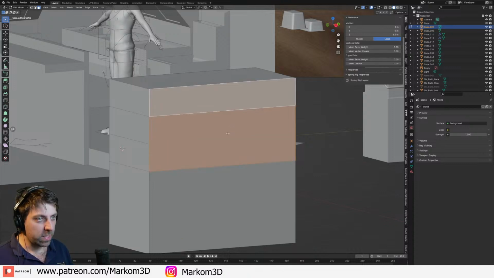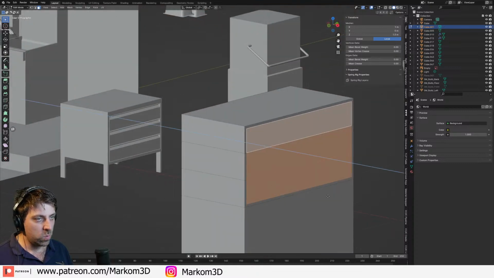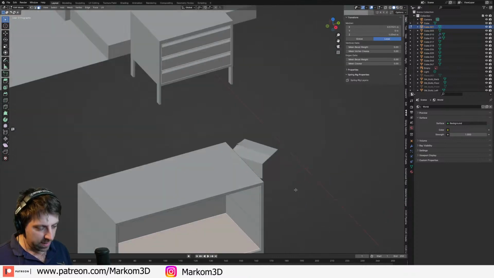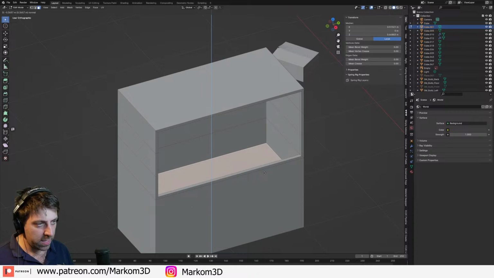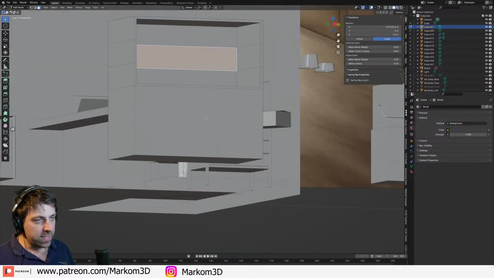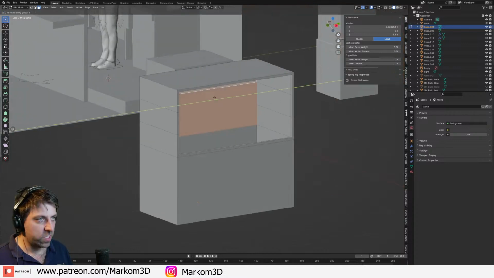Let's go into something like that. This is going to be one big hole. E to extrude, and we'll extrude all the way back. Let's put an edge loop through here, and then E to extrude down like so. What this is going to create is an opportunity for us to create a whole bunch of doors. So let's go Shift D,